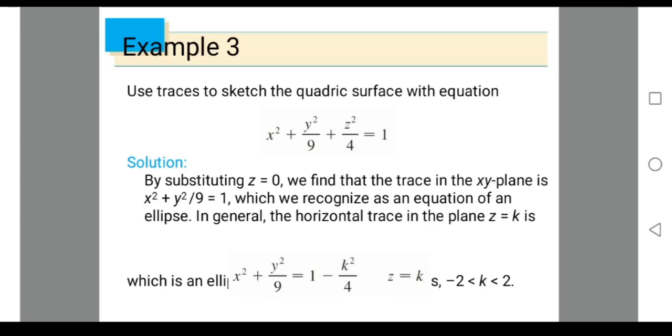So in general, the horizontal trace in the plane z equal to k is x squared plus y squared by 9 is equal to 1 minus k squared by 4. So what did we do? We put z equal to k, right? And then we can see